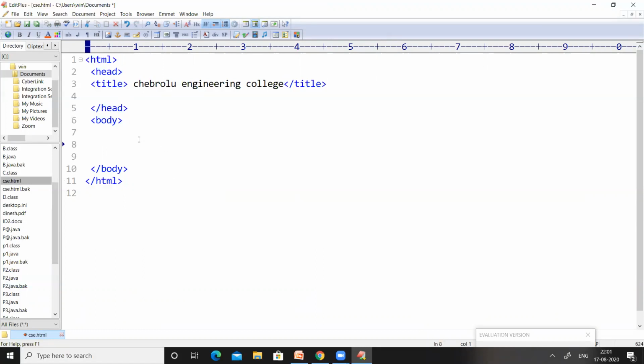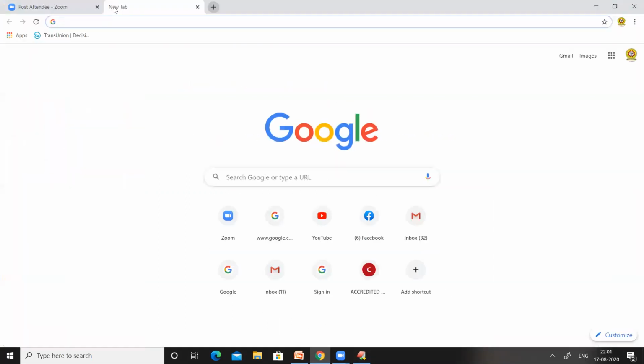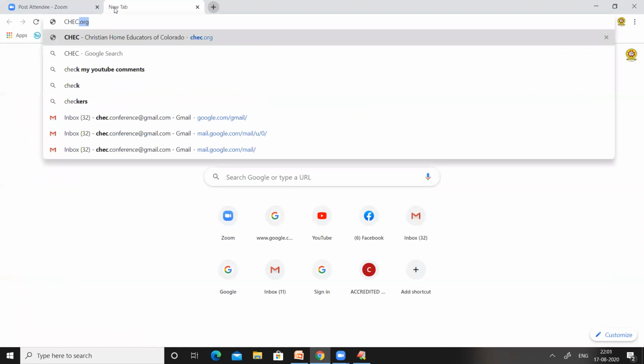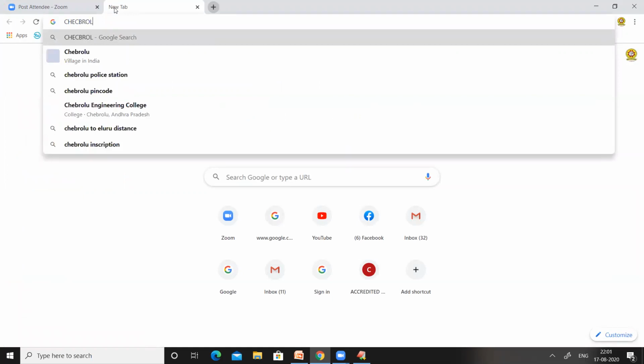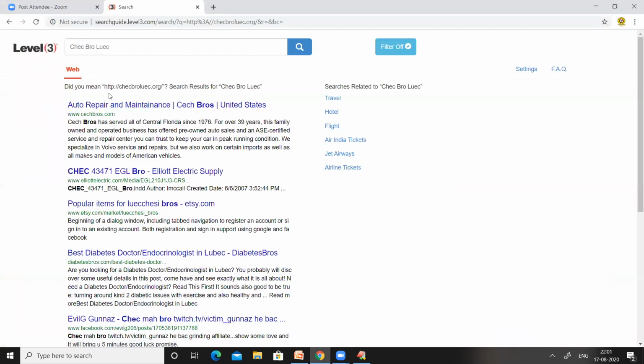So in today's class, let us start by taking some text. Let us consider some text. For example, let us take some text from our website. Let us copy some text from our website.